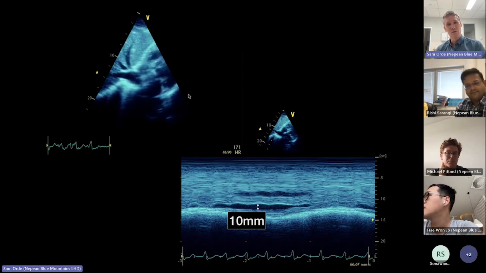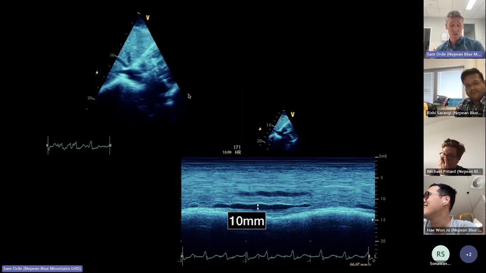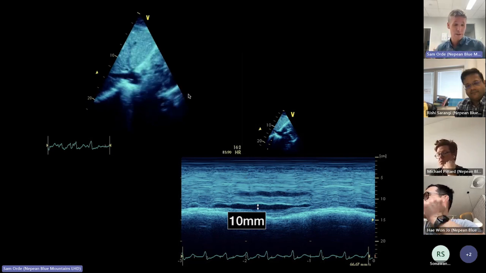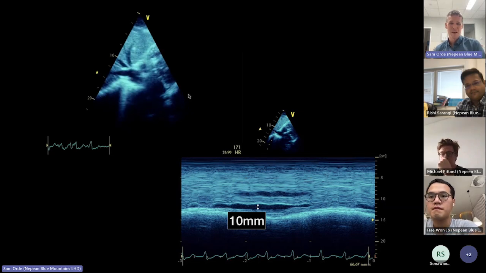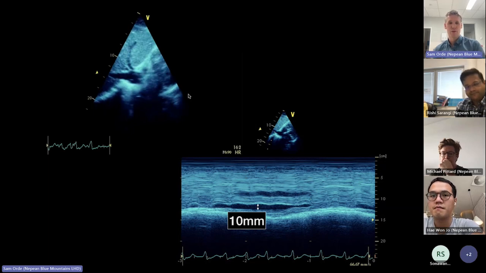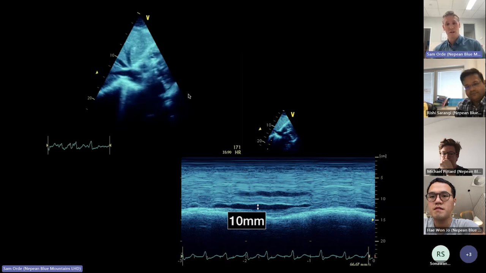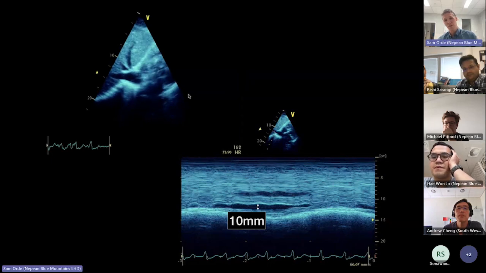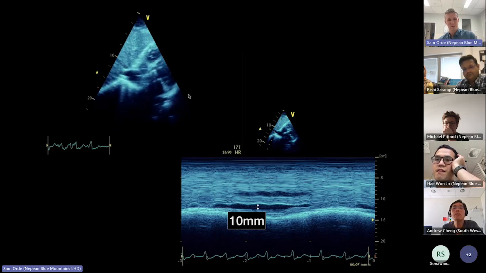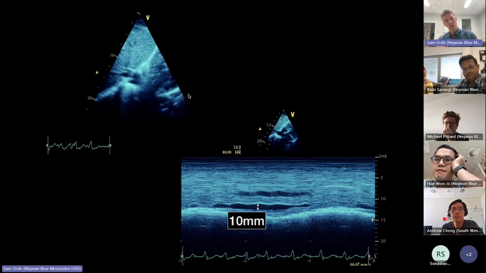I think if you've got someone who you think is clinically fluid responsive, so they've got raised lactates, they're tachycardic, they're hypotensive, they've got pretty good signs of septic shock or something, poor capillary refill, low urine output, AKI, whatever, that is someone who is probably going to be assessed clinically as needing fluid. If I see an IVC that looks like that, it can be useful because it backs up my clinical judgment. I just find very rarely do we see something like this and we've totally missed someone being fluid responsive, but it's important to know. But it's good for showing you that the right atrial pressure is less than 5,